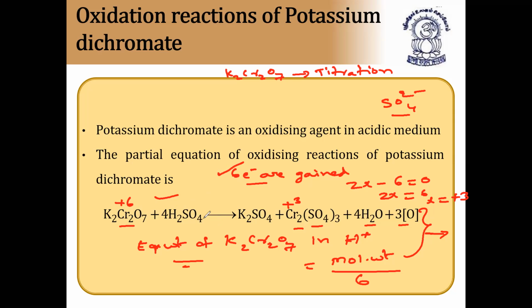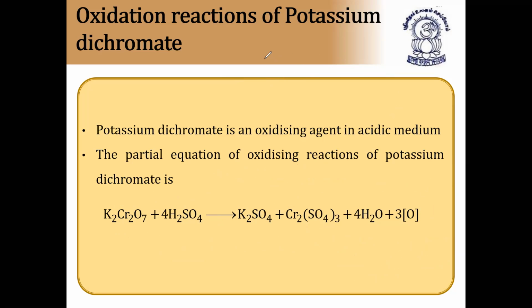Since two chromiums are there in both the equations, 6 electrons are gained. So the equivalent weight of potassium dichromate in H plus medium is equal to molecular weight by 6, that is 294 by 6. How do you get 294? Two potassiums, 39 into 2; chromium, 52 into 2; oxygen, 16 into 7. If you do this, you will certainly get the answer. I hope it is clear. So next,